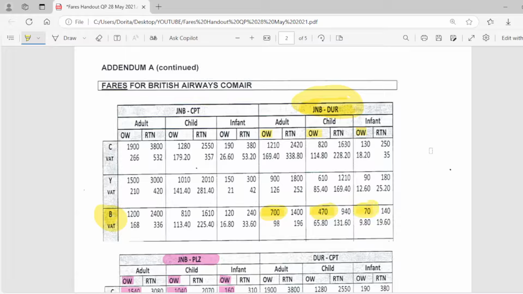With British Airways, guys, you do not need to go and work out the fare. They've done it for you. They give you the fare for the adult, the child, and the infant. So this is great. They've done the work for you. If you are going to work it out, there will be cases where it's going to be wrong. Because the British Airways fares, it's not always exactly 67% of the adult fare. So don't work it out. If you have a route on British Airways, you copy it as is.